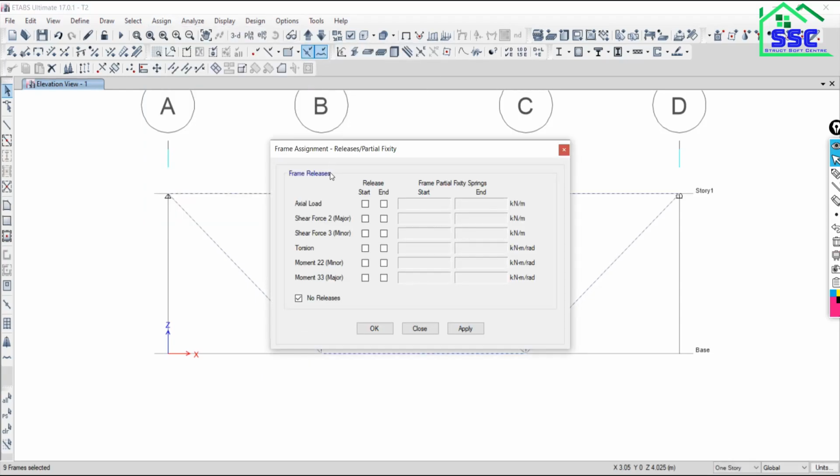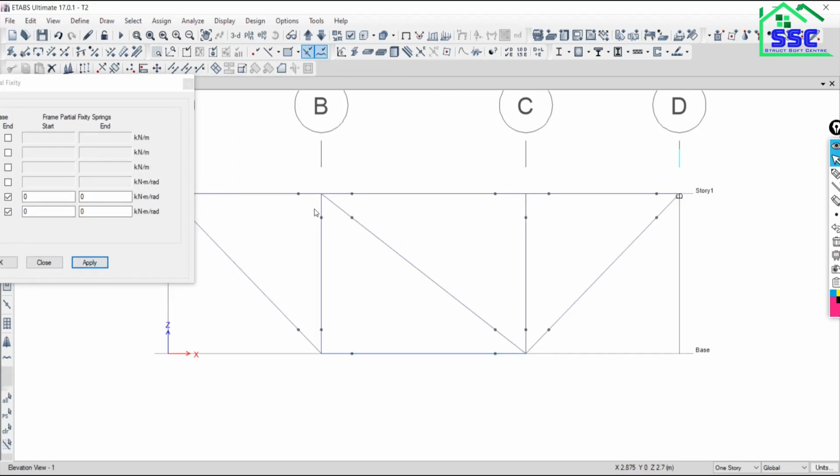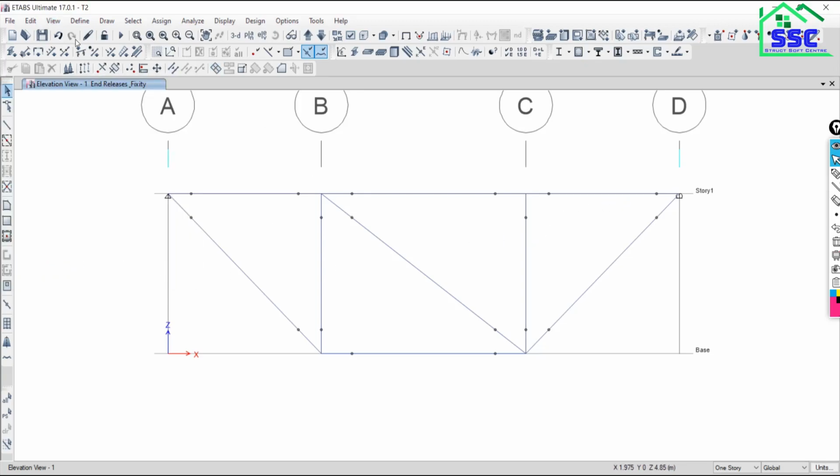Go with this option and make sure that movement along axis 2 and movement along axis 3 are released. What does axis 2 mean, what does axis 3 mean? All those things we will discuss in detail in later topics and later sessions. Okay, so just apply, and as you can see here, releases have been assigned at both ends of the frame. Close it. Now analyze the model again.